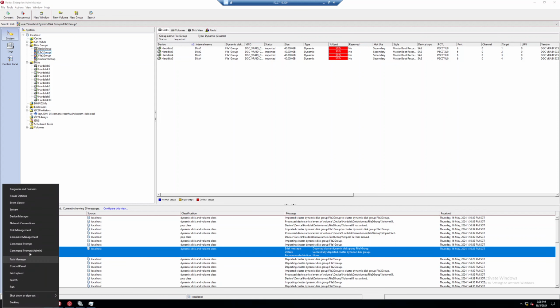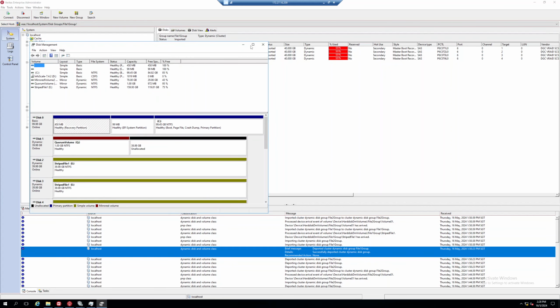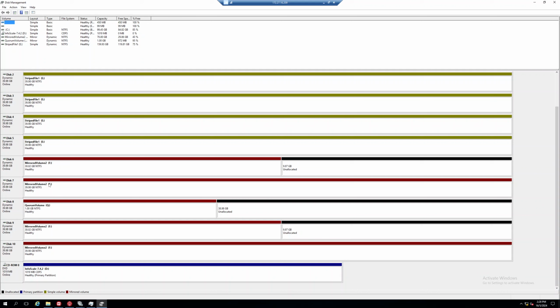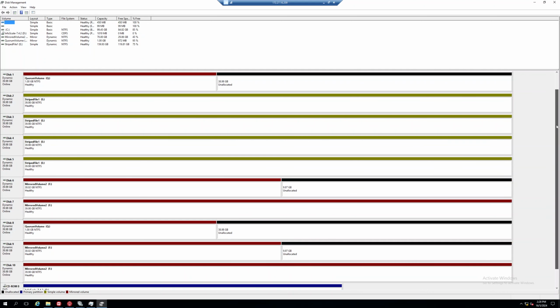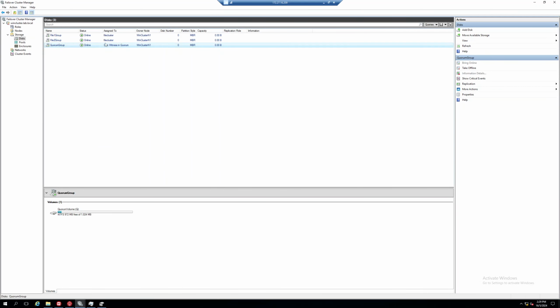In the back end, the way Veritas works is it basically just creates a bunch of dynamic disks on Windows. A fun fact: Veritas were the company that actually came up with dynamic disks, and then they sold the product to Microsoft. As you can see here, we have our quorum volumes, our mirrored volumes, and our stripe volumes. Traditionally, you normally cannot do failover clustering with dynamic disks. It's not supported by Microsoft. So this is why you need the Veritas software installed to mirror the data or stripe the data and use it for failover clustering. That's why instead of seeing the disks, you actually see the volumes here in the